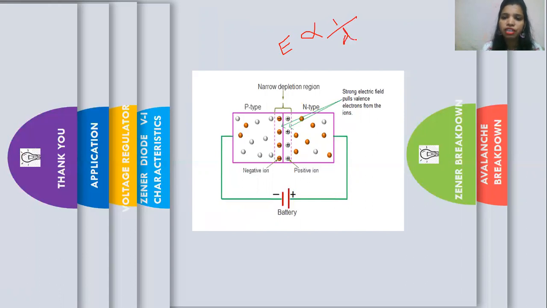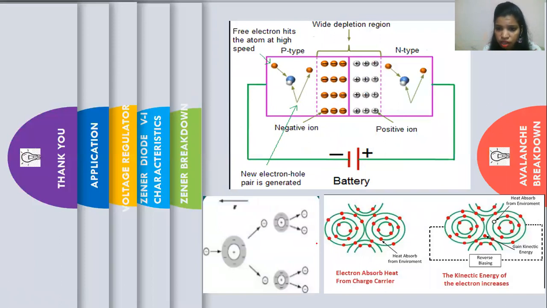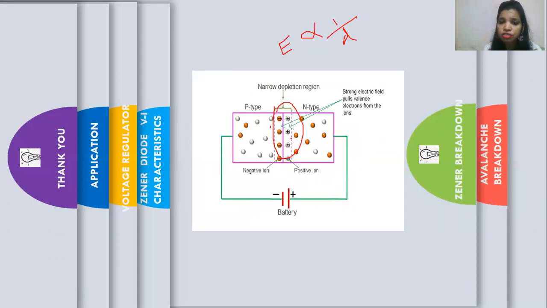Then what will happen if D is very less? Then E is very high. So the electric field across this region is very, very high. What happens due to this electric field? Whatever the stationary atoms are here, if you remember, these are the stationary atoms. In a stationary atom, the valence electrons are in the outer shell. So when this electric field is very, very high, all the valence electrons come out of the outer shell and move here. Now a lot of carriers, electrons, are here, and due to those carriers, current starts to flow.